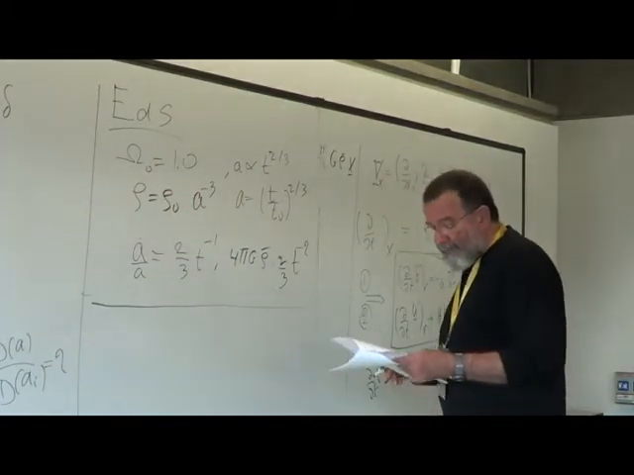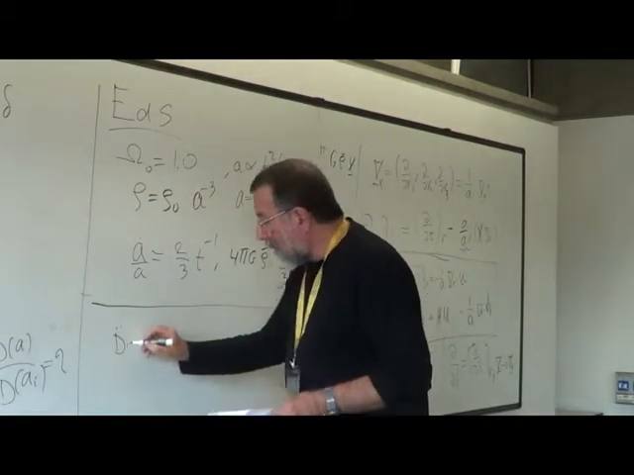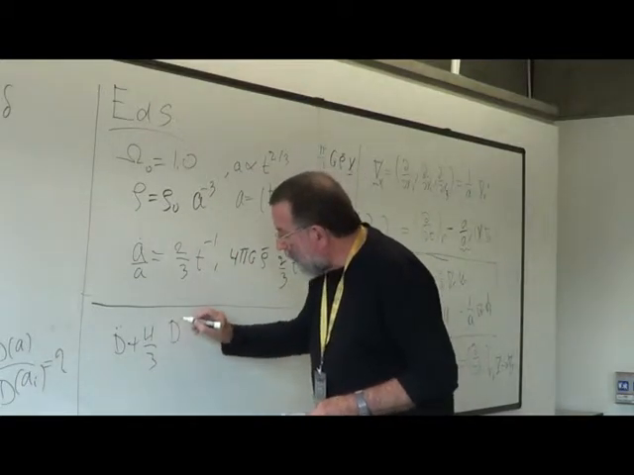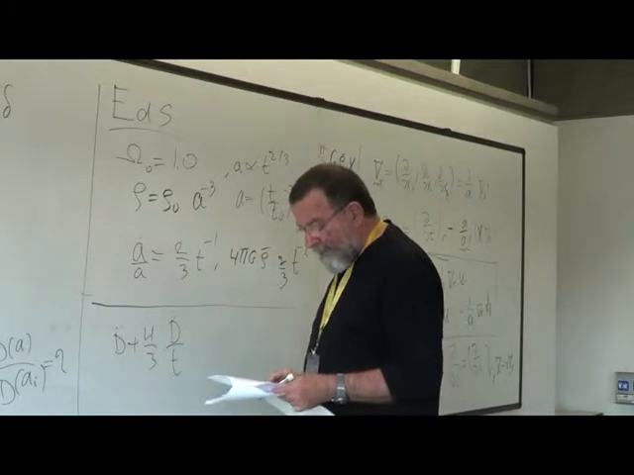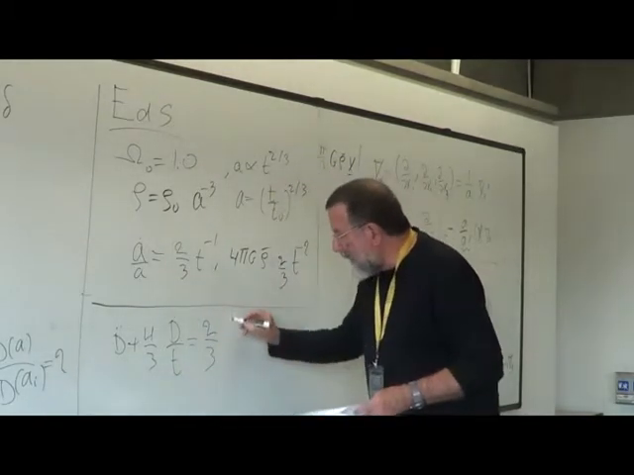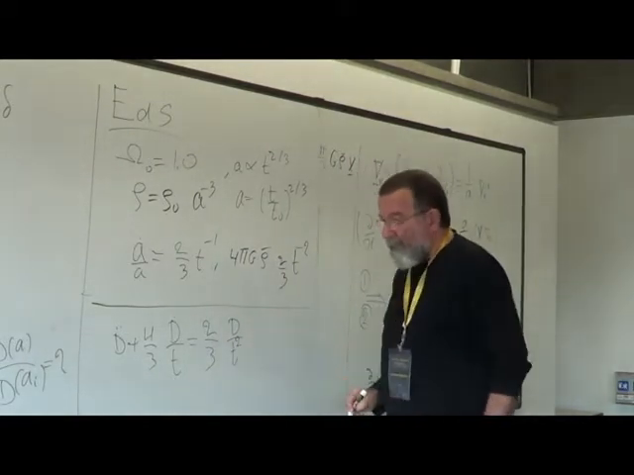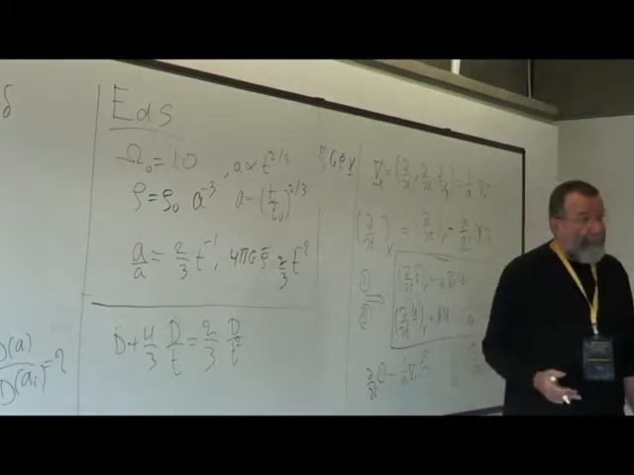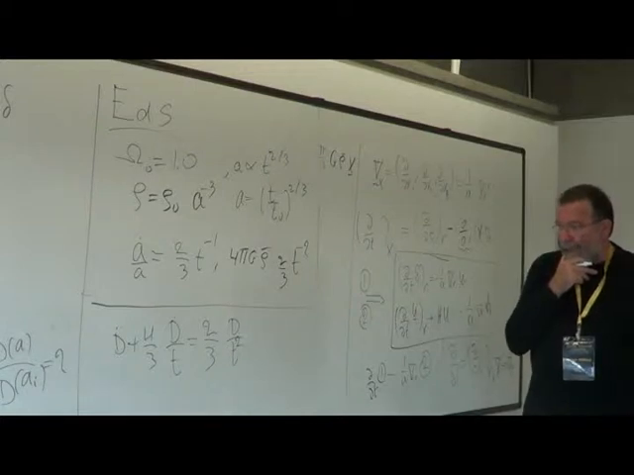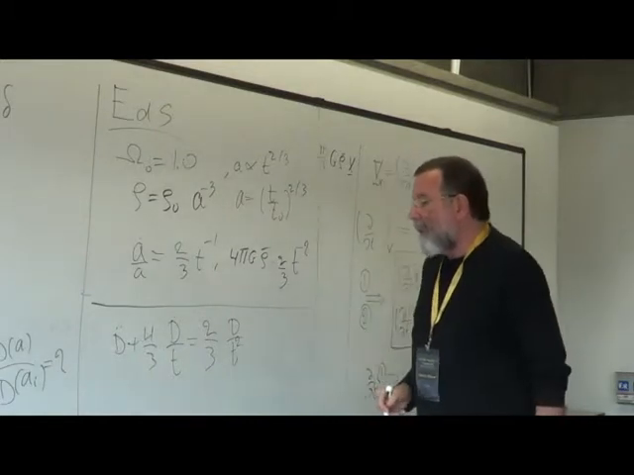So the equation now gets the form of d double dot plus 4 over 3 times d dot over t equal to 2 thirds d divided by t squared. All right? Very simple ordinary second order